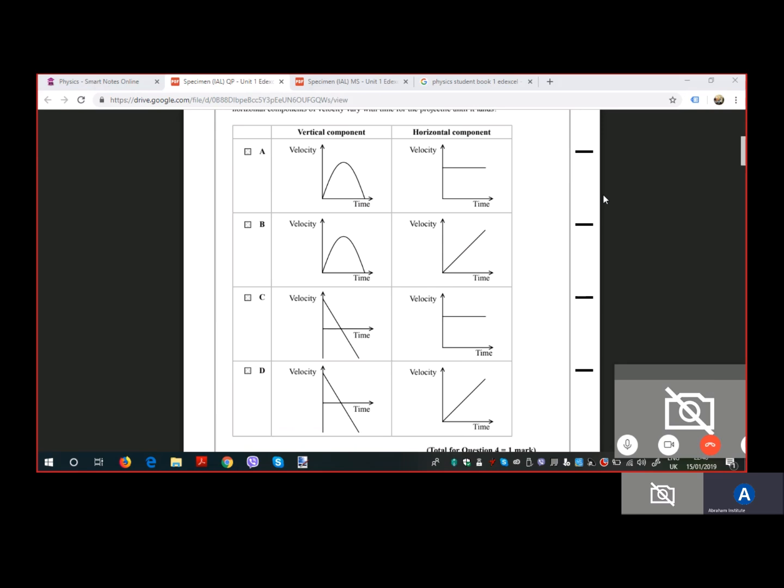Now, when something is thrown up, if the air resistance is 0, the acceleration is only vertical. Why? Because there is only one force, which is the weight. So there is only one force acting on this projectile which is traveling in a vacuum, and that is the weight. And you remember, according to Newton's second law, the acceleration and the resultant force are in the same direction. So that means the